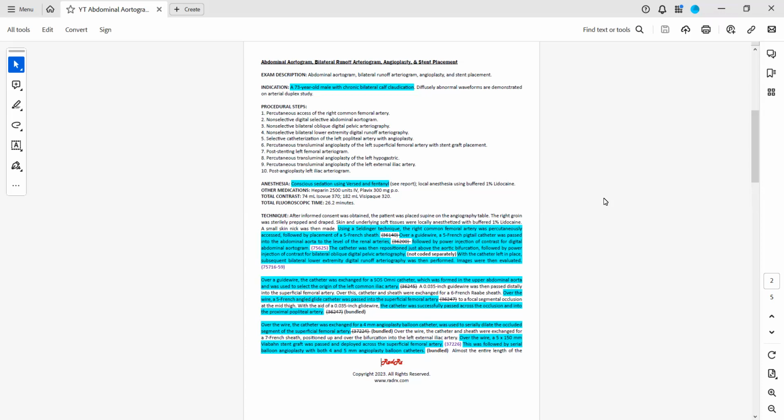So now let's jump into the actual report itself. I'm just going to jump into the blue sections, the highlights here. The first key point that we want to look at in the report says, using the Seldinger technique, the right common femoral artery was percutaneously accessed, followed by placement of a 5 French sheath. So right here, as soon as the physician punctures that right common femoral artery, that would be a 36140